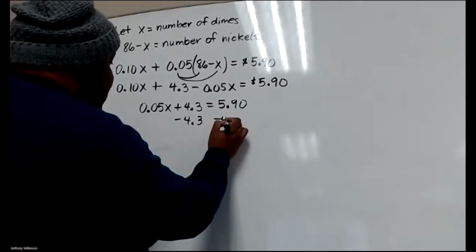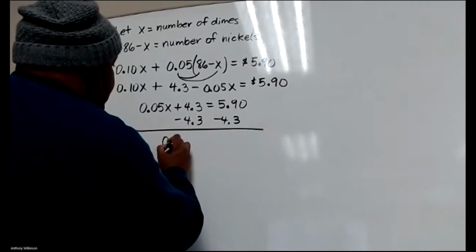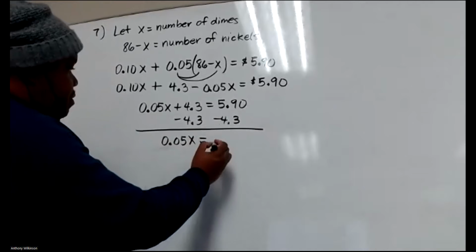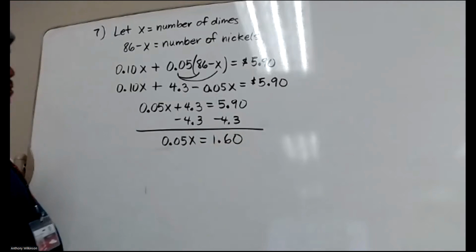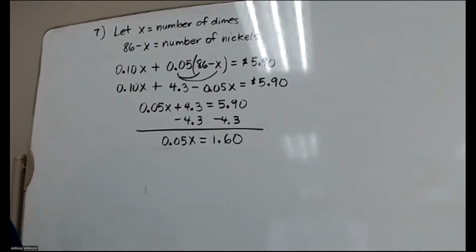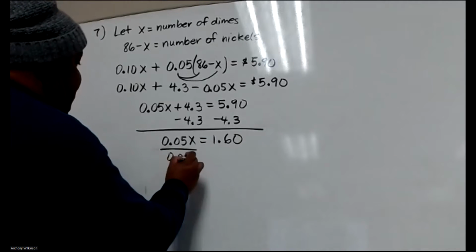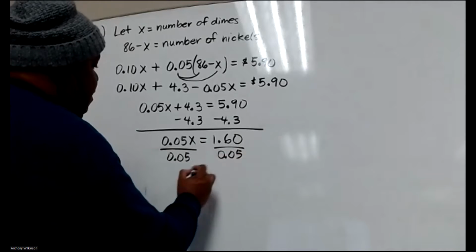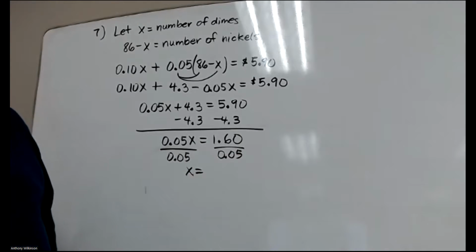Subtract 4.3 on both sides. So now 0.05X will be equal to 1.60. And then finally divide both sides by 0.05. And X will be equal to